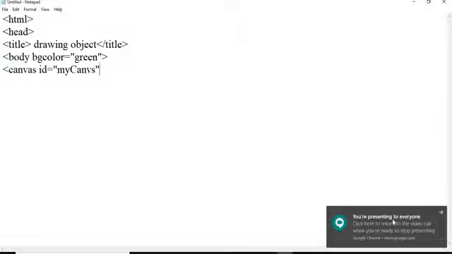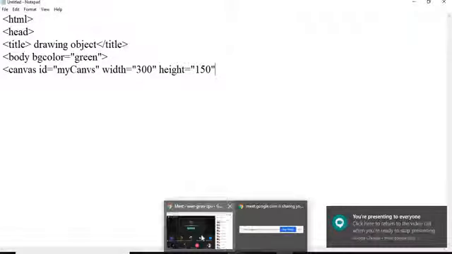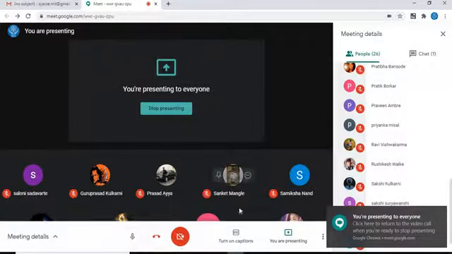Then for this we can have some width in pixels, that is 300. Then we can add height also, that is height equal to 150. So this is the height and width for the circle we are going to add.